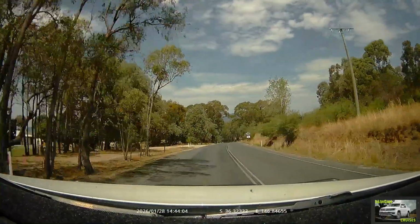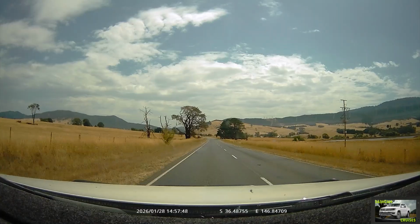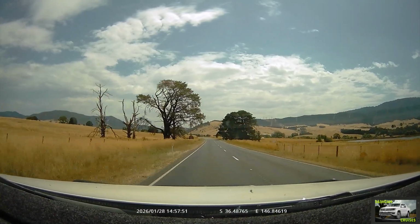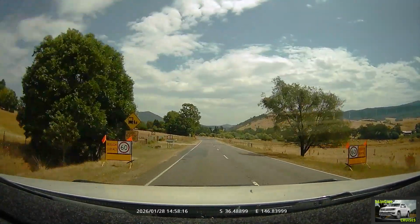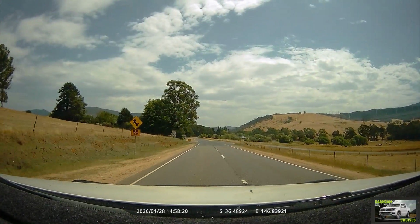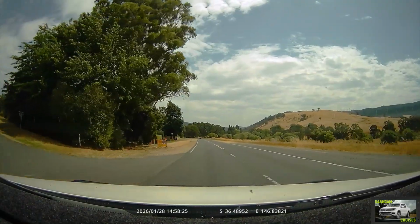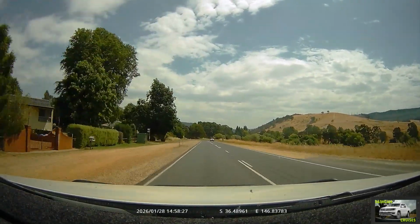So this is the C527 between Yackandandah and Myrtleford. It's about a 26 minute drive to Myrtleford from Yackandandah. Pretty hazy, there's a lot of fires around, and here's a road that definitely needs to be fixed. Rough surface is an understatement. It could shake the camouflage paint off a tank, especially one of the potholes,